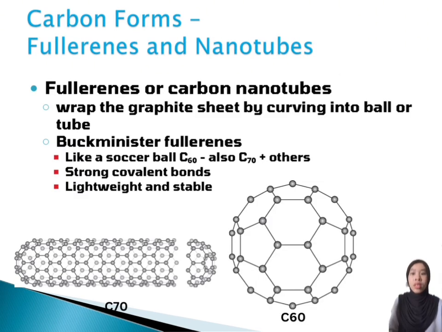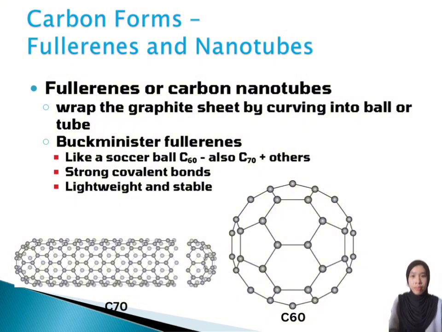Fullerenes are another form of carbon where the atoms are arranged in a closed structure, such as a sphere or tube. The most common example is C60, which looks like a football shape. Each carbon atom is bonded to 3 other atoms using covalent bonds. This forms a strong but lightweight structure. Other than that, fullerenes have unique properties such as high stability, ability to act as antioxidants, and potential use in